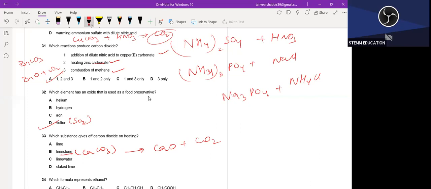And this is what? It's lime water. So it's calcium hydroxide, and slaked lime is the same thing, calcium hydroxide. And lime is what? Lime is calcium oxide. So the correct answer is